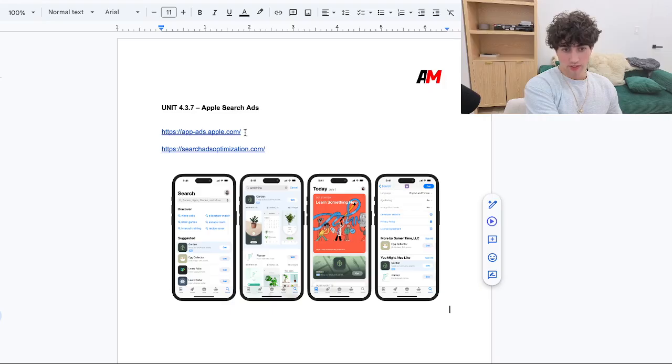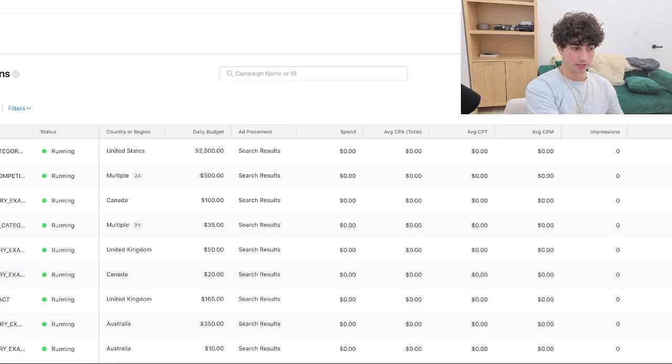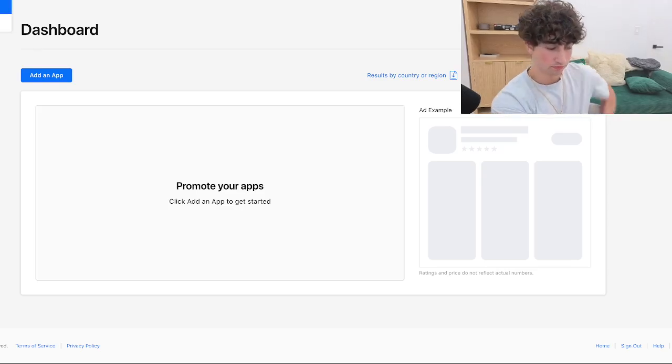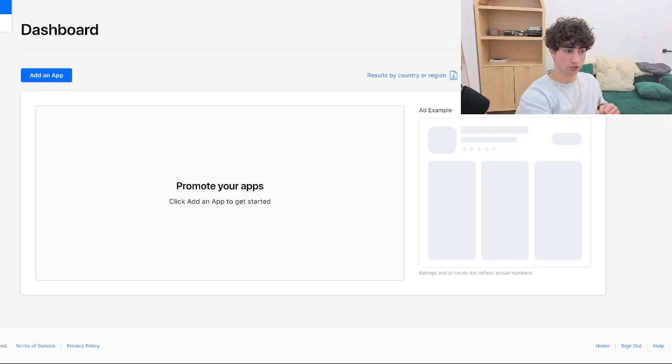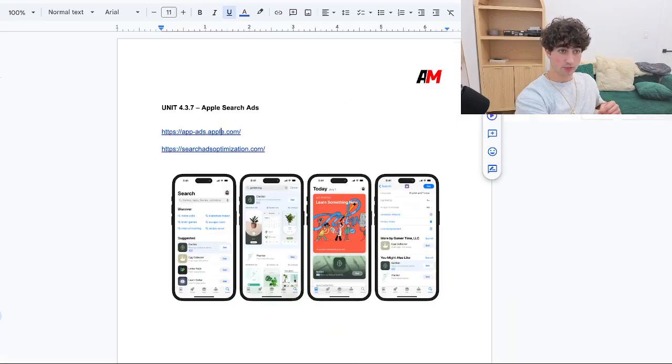So the two websites that you'll really need for this: first is Apple Search Ads, and they have an advanced mode. They also have a basic mode. I'm not going to go too in depth into setting this up. I'd suggest if you want to just get off the ground running, maybe just do the basic mode. You can look into how to get more advanced yourself. But if you do actually want to run the strategy and start racking up a lot of downloads from Apple Search Ads, I would definitely recommend the platform